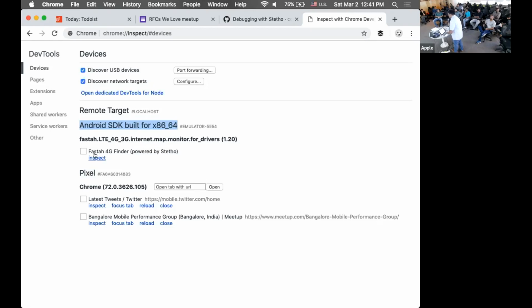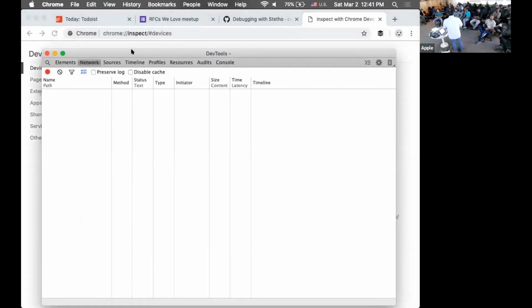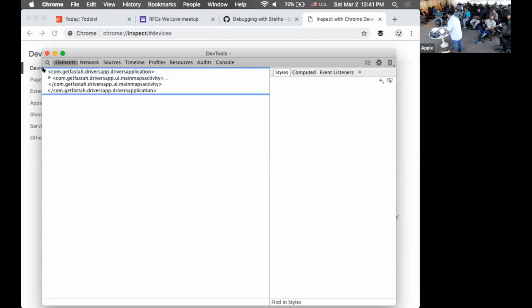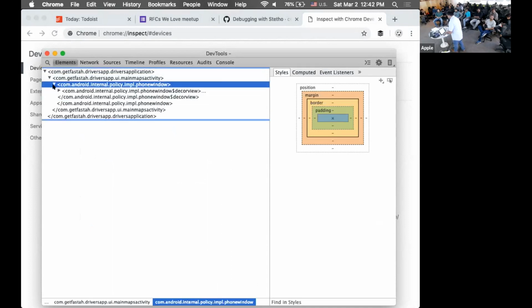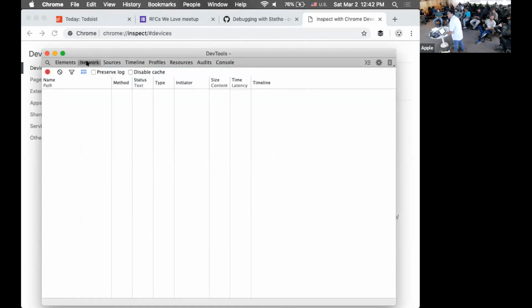So this is the app, so I can say inspect, and this shows me a very familiar Chrome DevTools UI that you can use to easily inspect requests and responses. So the elements, which is basically the UI of the app that I'm running, the main UI activity and the UI object view. I don't need to look at all of this right now, but if I wanted to, I could. So I can see various UI stuff on the phone, but the network tab is what I'm